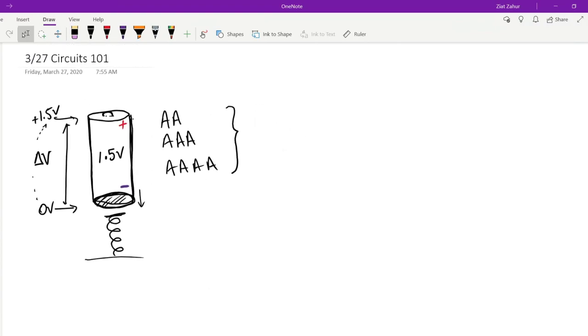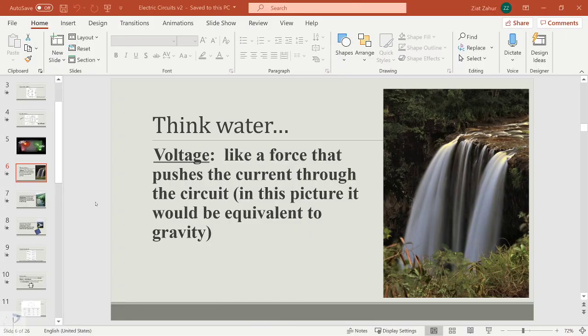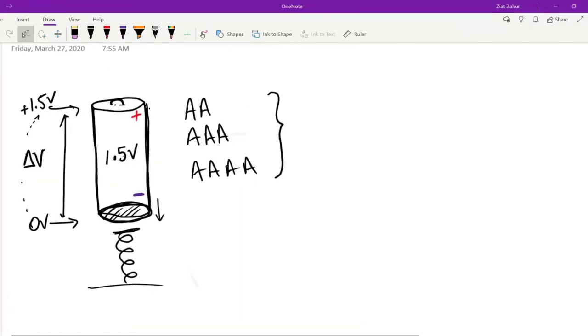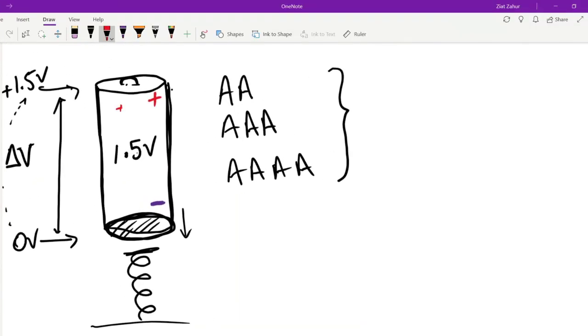All right. Moving on to our PowerPoint. Similar to how naturally masses move from high height to low height, high potential to low potential, our positive charges will move from high potential, which is high volts, to low potential, low volts. These positive charges at the top want to go downwards, but they can't. Remember how there was a barrier, the electron barrier, in the video. So there's this barrier here that doesn't let them pass.